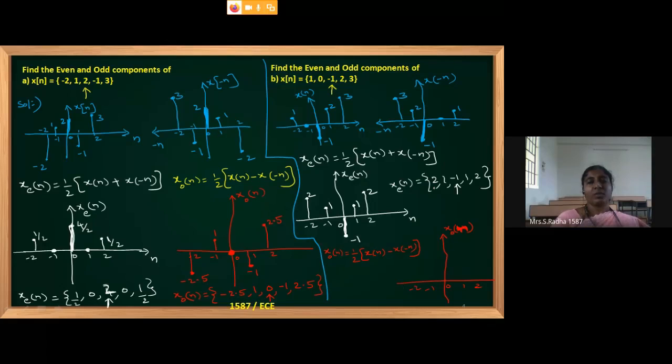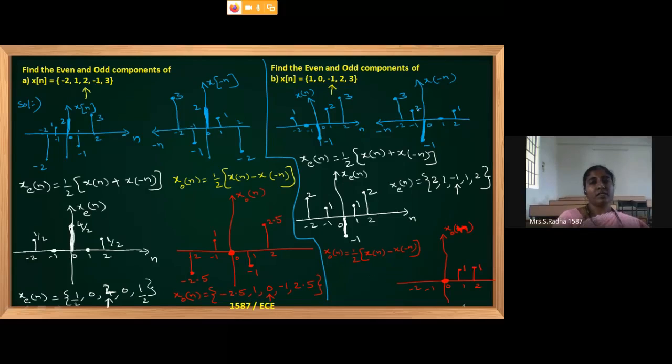Now at the origin, what you have to do? First diagram minus second diagram. Minus 1 minus of minus 1 will become 0. 0 divided by 2 is 0 only. Right side, this is plus 2. 2 minus 0 is 2, divided by 2 means height will be 1. Next it is 3. 3 minus 1 is 2, 2 divided by 2 is again height 1.